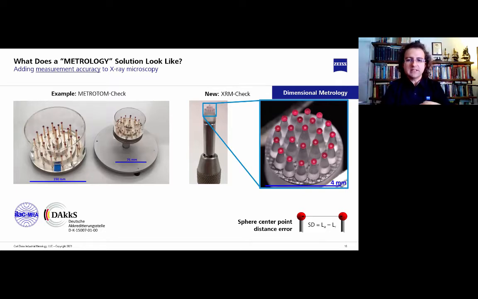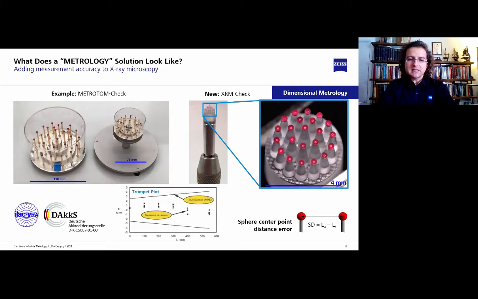It's called the XRM check. It's composed of 22 ruby spheres of 300 diameter each, and contains a cylindrical volume of about 4 millimeters diameter. And we are interested in measuring the center-to-center distances to create something, a verification chart like the one that you